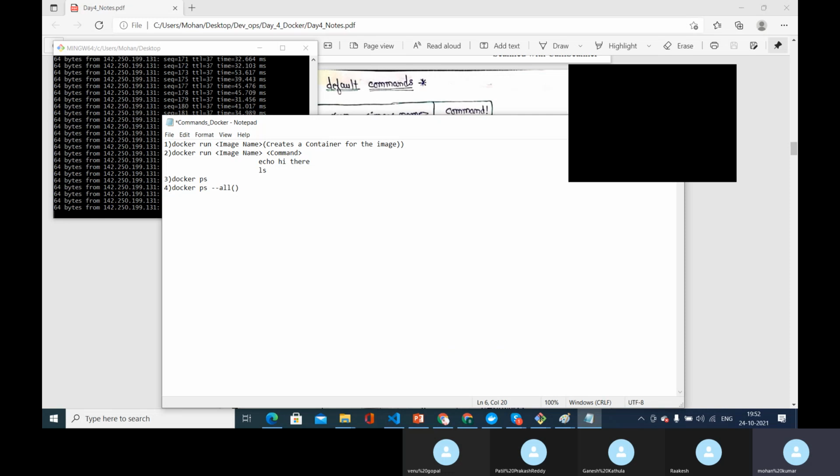This gives both exited and running container status, whereas docker ps gives only running containers in the list.